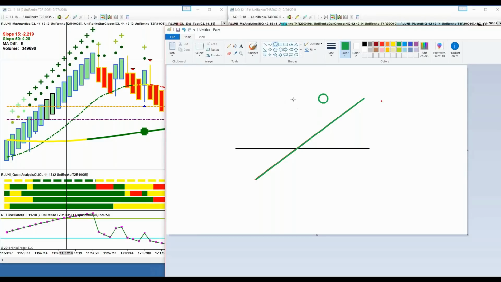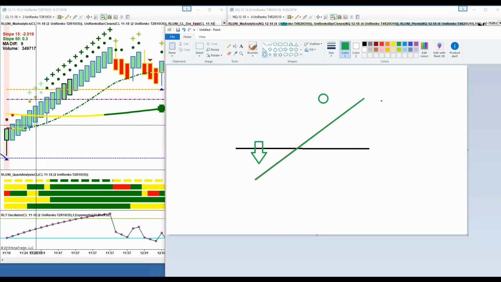Now, if the 15 is here, it hasn't crossed the 50 yet, and price is here, but the 15 is below the 50, you get your second strongest dot. That's this color. So that 15 cross 50 is a big event. And we use a different 15 for this. We use the RL trend for the assessment of the dots. It's a great assessment for that. So we still have price above the 15 and the 50, but the 15 is down here and has not crossed the 50 yet. And then the third assessment, or the weakest dot,